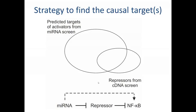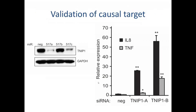So one strategy to find the causal targets might be to take the predicted targets of the microRNAs from the previous slide and then integrate them with functional data from a cDNA screen, looking for cDNAs that are known to repress the NF-kappa-B pathway. And so when we did this, we found the target of the microRNAs 517A and C